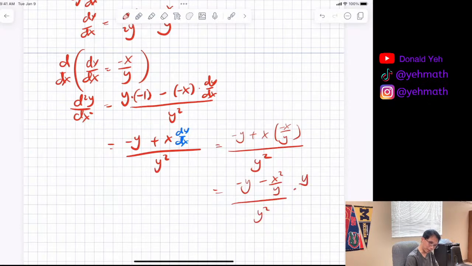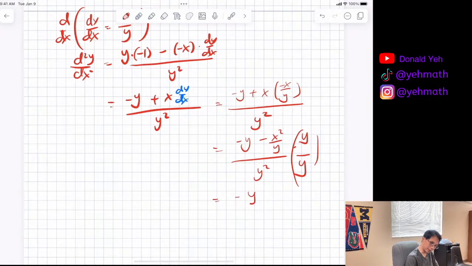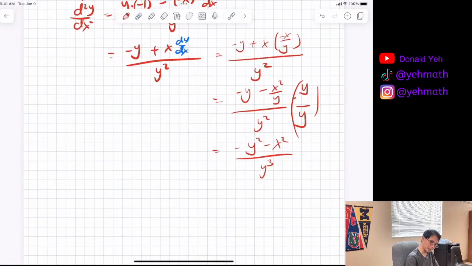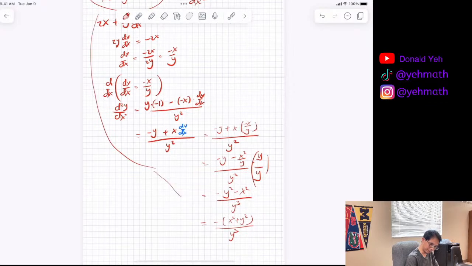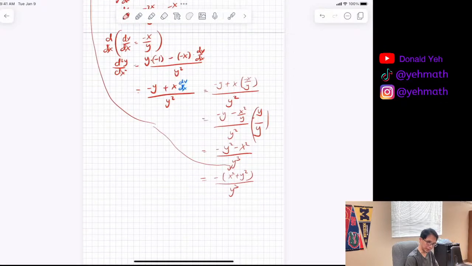So I multiply by y over y. That's equal to negative y squared minus x squared over y to the cube. I can take the negative out. And let's look, the original equation has x squared plus y squared all the way here. And that's equal to negative 16 over y to the third. d2y/dx2 is equal to